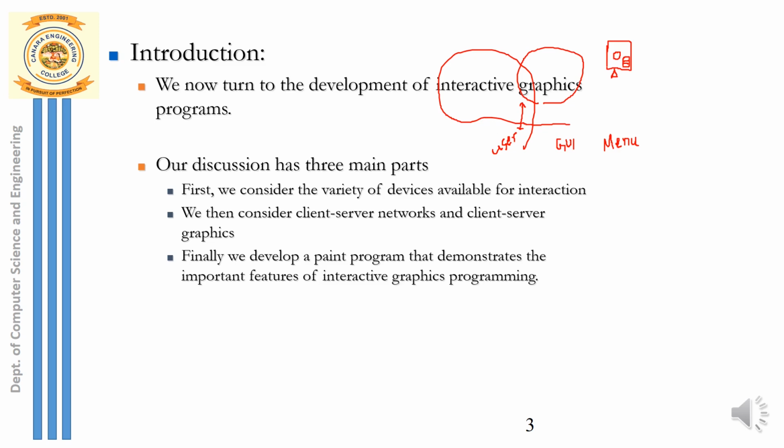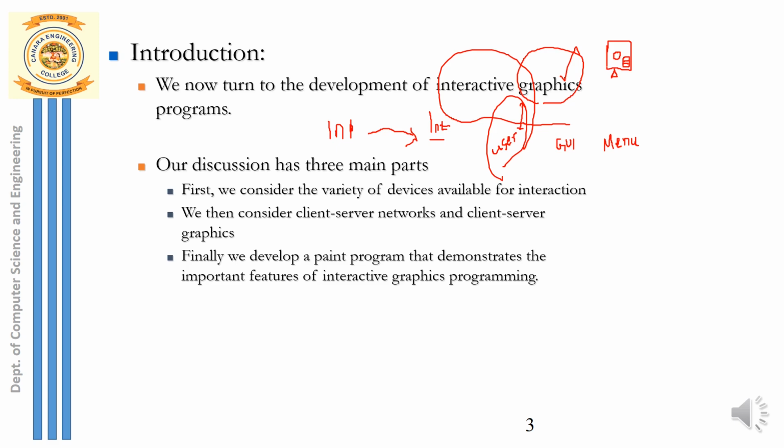So I hope now it is clear. Here there are two words. One is input and the other one is interaction. So input is nothing but where I make use of certain input devices and I provide certain input in order to develop an interaction between the user and the graphics. So graphics, when I say, it is nothing but the images that you have or the animation that you have displayed on the display window.